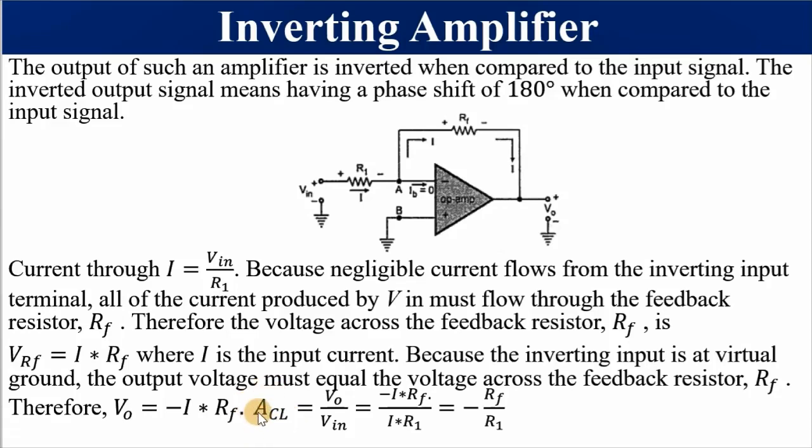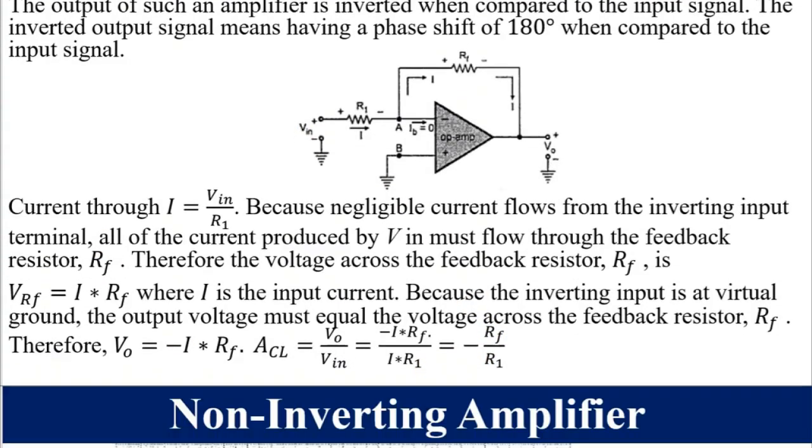I said the symbol for gain is capital letter A. How do we calculate it? This is Vout divided by Vin. And our Vout is minus I times the feedback resistor Rf, divided by Vin, which is equal to I times R1. And these two I's are going to cancel. Please take note, this is very, very important. You must be able to calculate the gain of any inverting amplifier. It is calculated from minus the feedback resistor divided by the input resistor, in this case Rf divided by R1. Guys, take note of this, it is important.